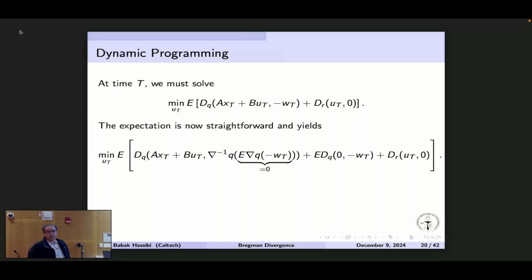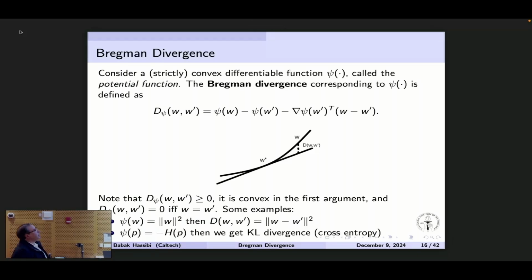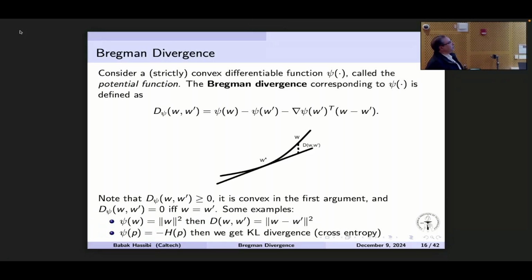Babak, yes? Can you say a few words about how expressive that change is? Okay, so I will say this. When the noise is small, if you look at the picture that I had earlier, ideally you would want to minimize this potential. And I'm kind of expanding a bit around it. And so when your noise is small, when your second argument is close to the first argument, then this is a good thing. The farther away it is, you get a bit more difference. I don't know if that makes sense to you.